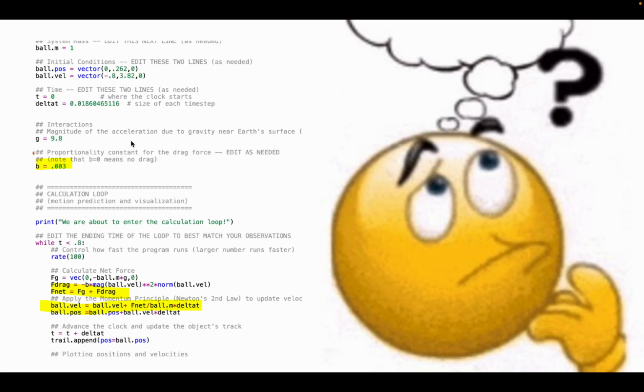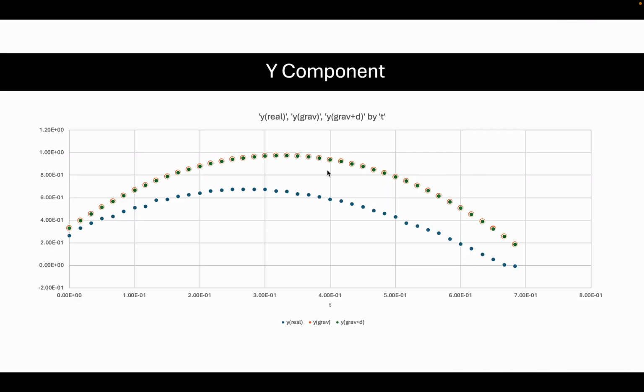So for the gravity plus drag, this is our B value, which I'll show how we got. And then for the Fnet, you have to include Fg plus F drag because now there's F drag. You can see that our real value really differs a lot, and both of our computationals are very similar,